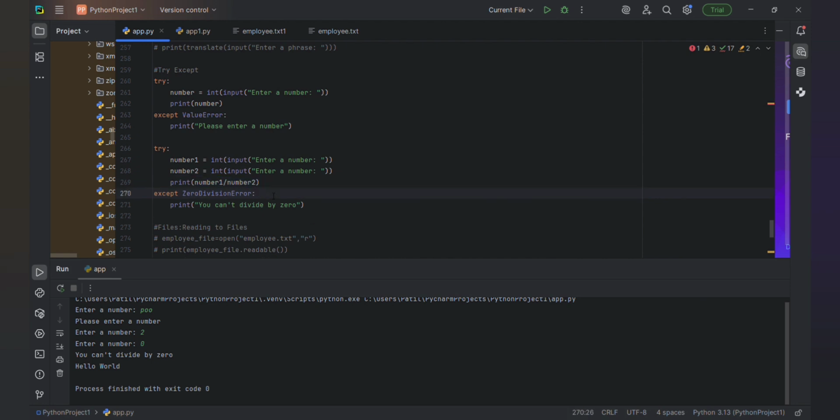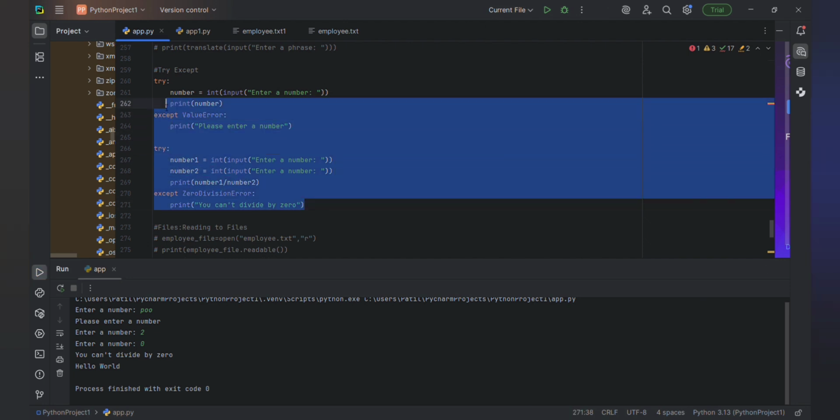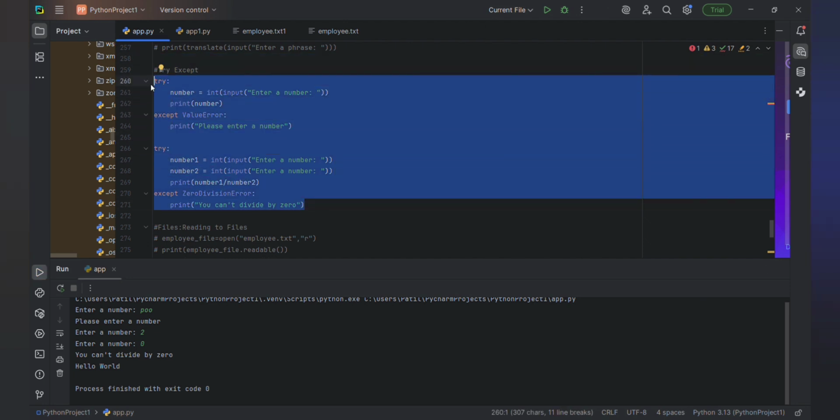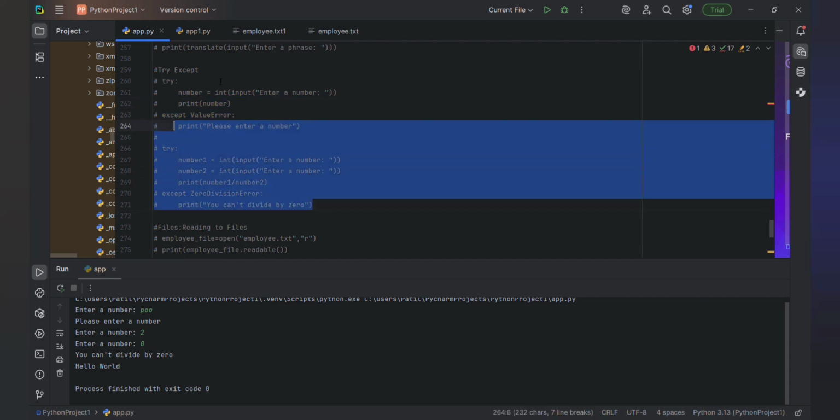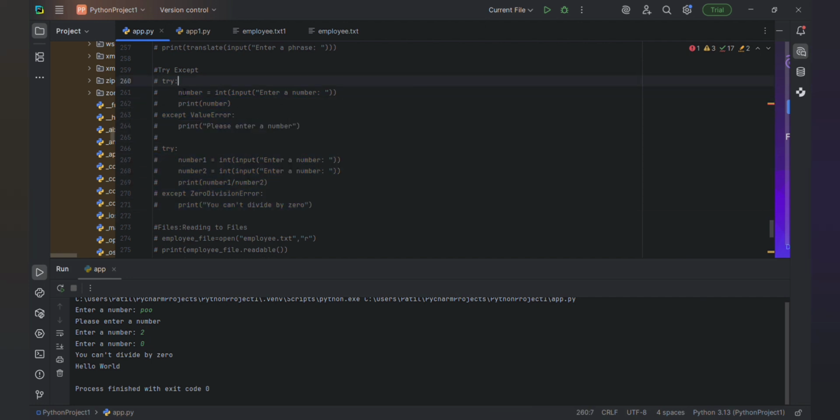What is the error? You can't divide by 0. If you enter the number correctly, then it will show, yeah, this is correct. So this is the try and except. They may ask you to write the code on this zero division error, and they will ask why you are using try and except. You can say to detect zero division error, value error, so many. If Python throws an error, then you can